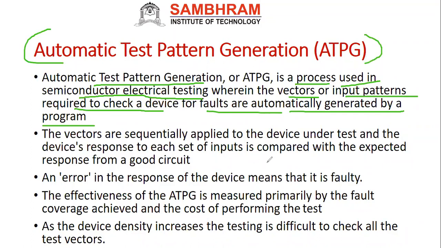Automatically, the test patterns will be generated inside, and it will test, but it won't check all the patterns. For example, say you are applying one IC. You have to give which IC number it is. Once you give the IC number, the IC may have 3 inputs and 1 output. What will this ATPG do? Already the test patterns or test vectors are deployed in the ATPG.